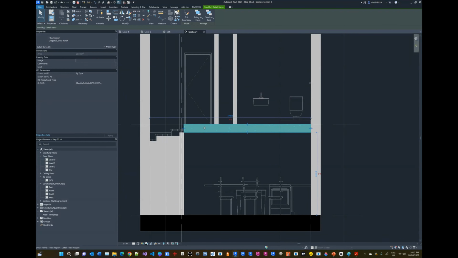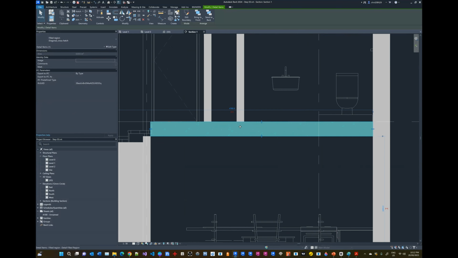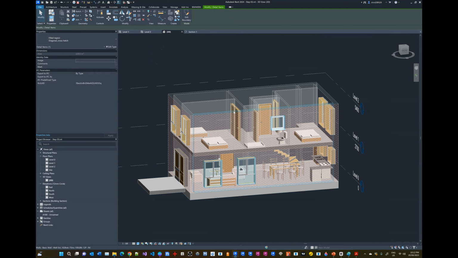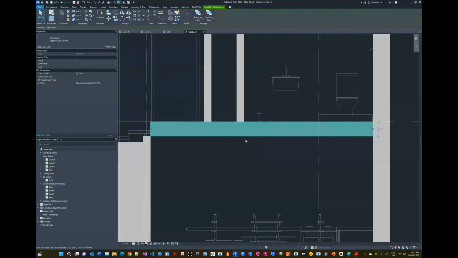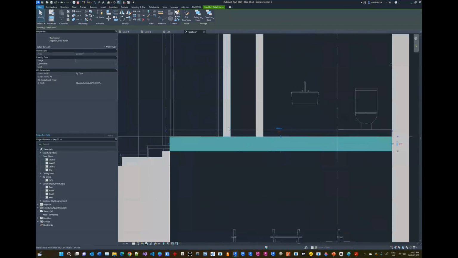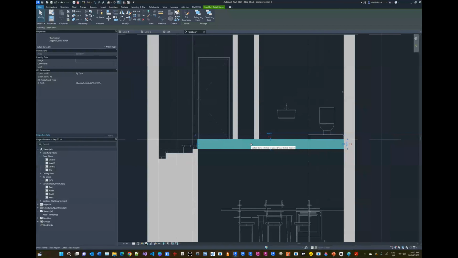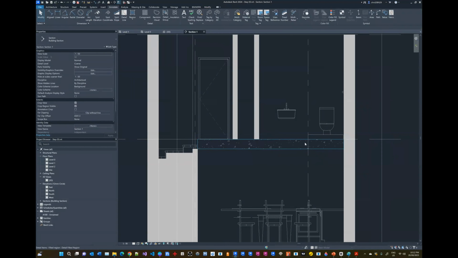Just for purposes of demonstration, we changed the appearance in the space, but that doesn't mean the floor has actually changed at all. What we've done is we've just created a 2D detail on top of a 3D section view. Okay, so this is not permanent. It is like overriding something, sticking something over it to make it look different or appear different, but it doesn't